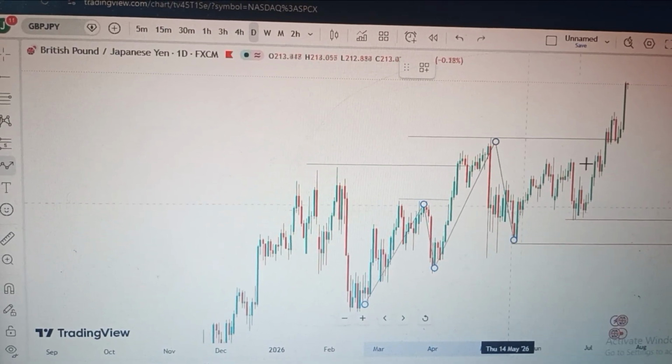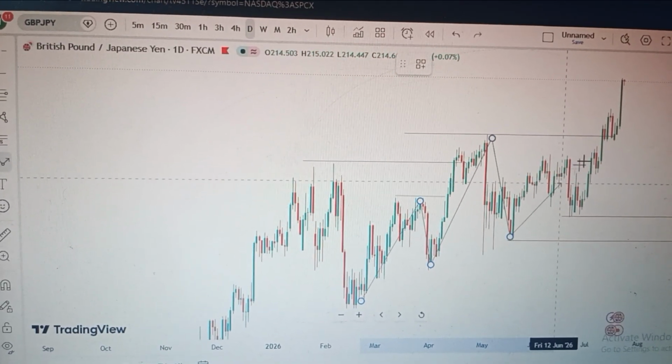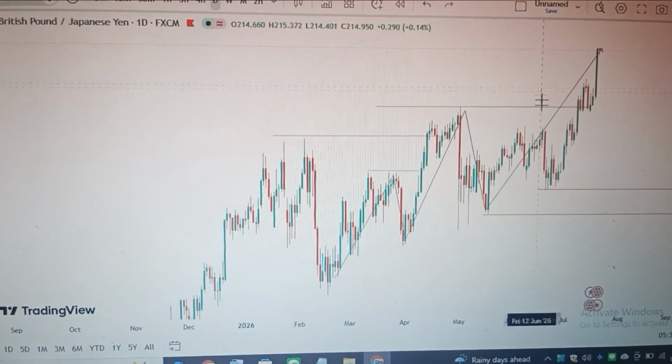What do you expect? This is more like an inside consolidation. But regardless of that,